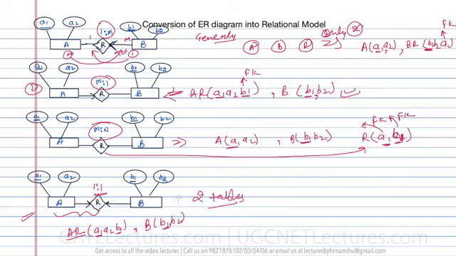This is one way of creating the table. The second way is, instead of combining A and R, you can combine the next table, that is B and R. So you can also make a table like this: A, which is having A1 and A2, and the second table as BR, which is having B1, B2 and A1. Here A1 is a foreign key, and B1 is there as a key attribute. Okay, so this is how you can combine this one.